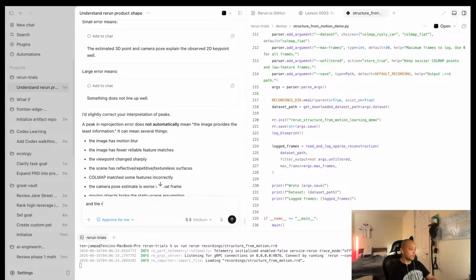And the reason why something like this would be necessary, important in physical AI is